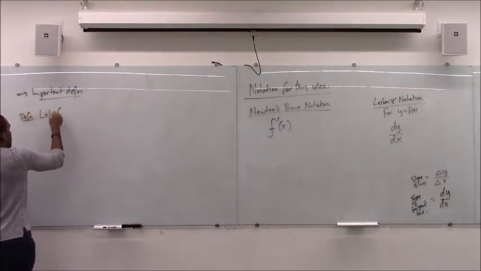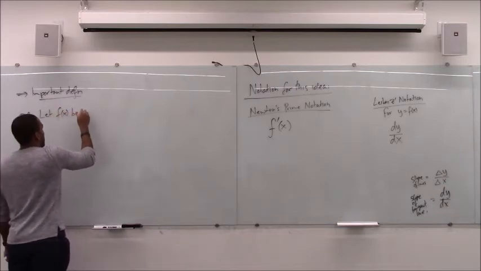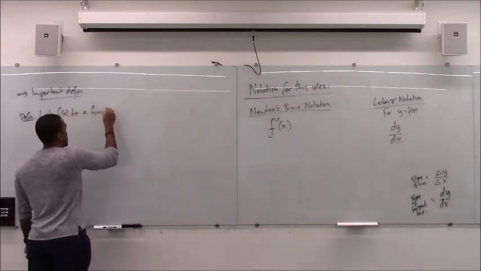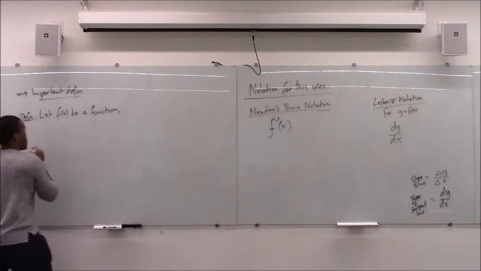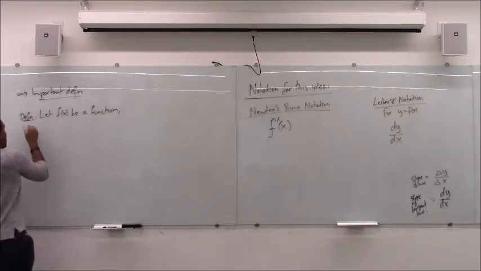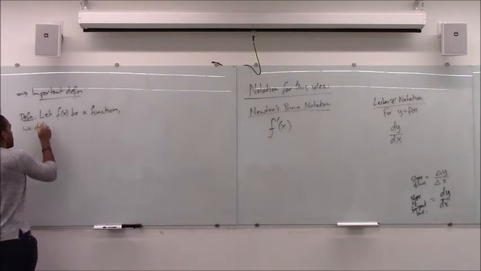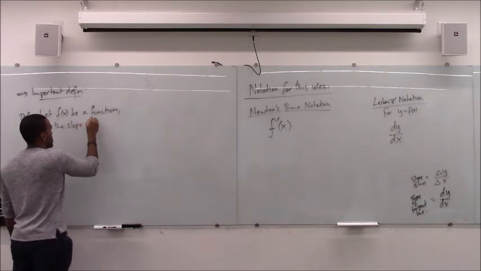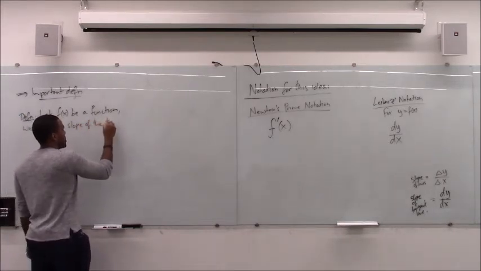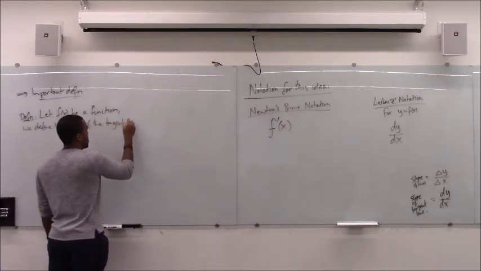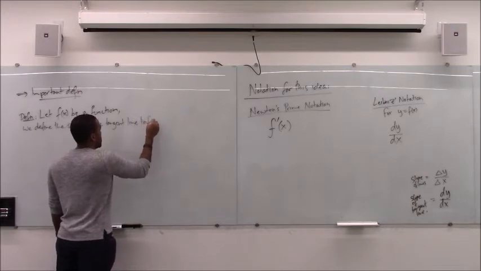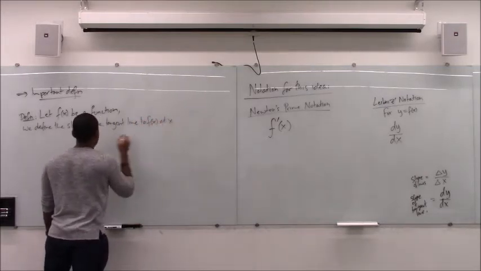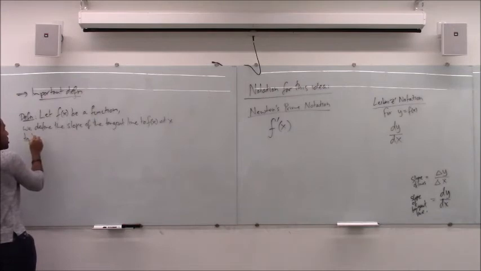Let f of x be a function. We define the slope of a tangent line to f of x at x to be